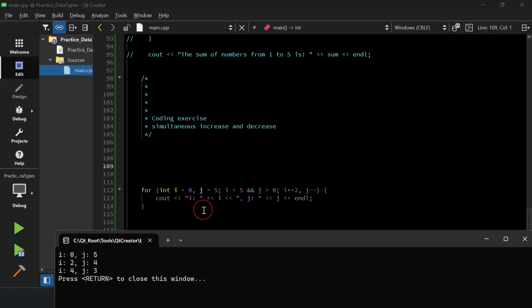Here we see that the initial value of i equals 0, initial value of j equals 5, and then again the same rules for the second part. i should be lower than 5, j should be higher than 0. However, here i increases 2 times in each iteration and j decreases 1 time in each iteration. So firstly